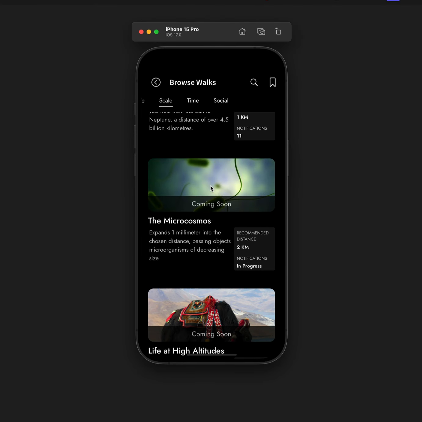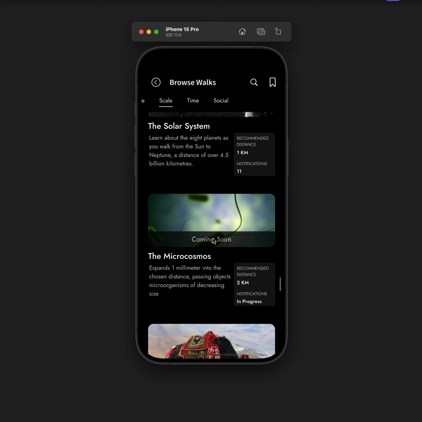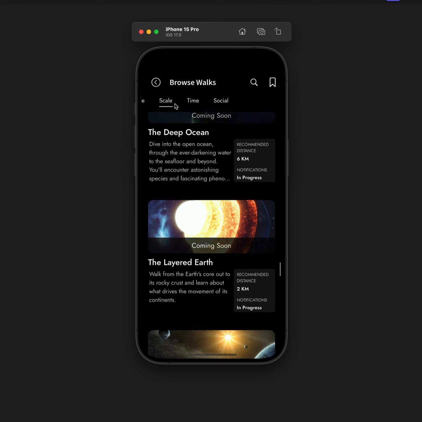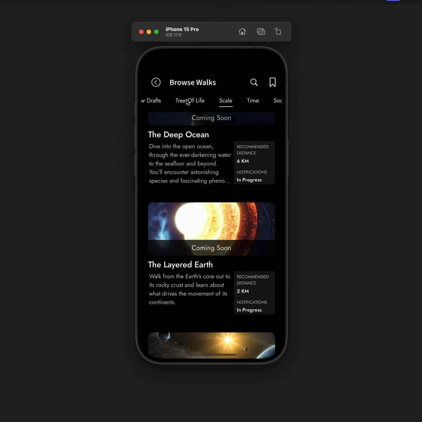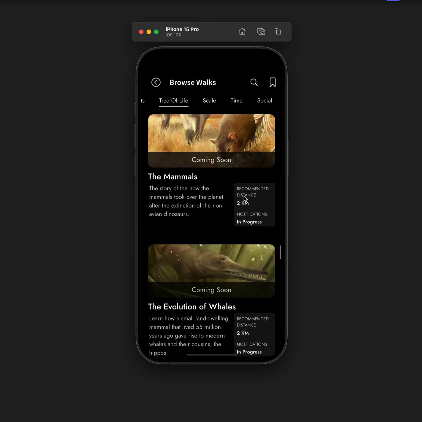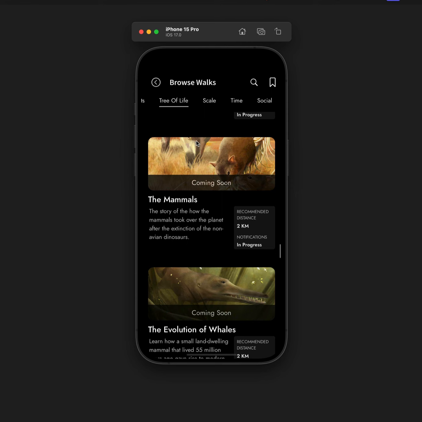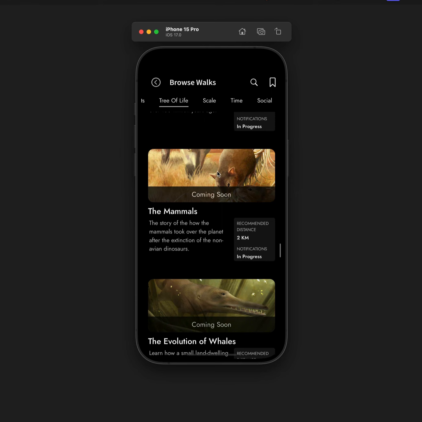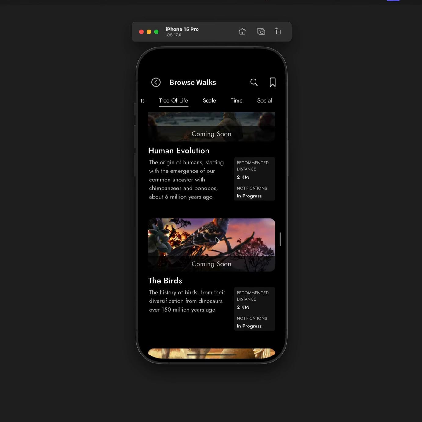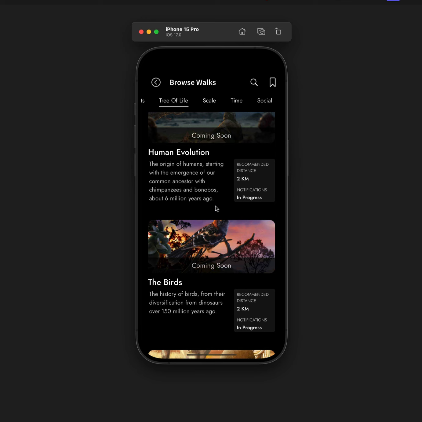So one thing we're working through is how to represent the relationships between these walks within these categories. As you can see, right now they're just presented in this big scrolling list with categories, which is fine. And I think we do want to keep this UI just because it's very easy to browse. But we also do want to represent the different kinds of relationships that these walks have to each other, to